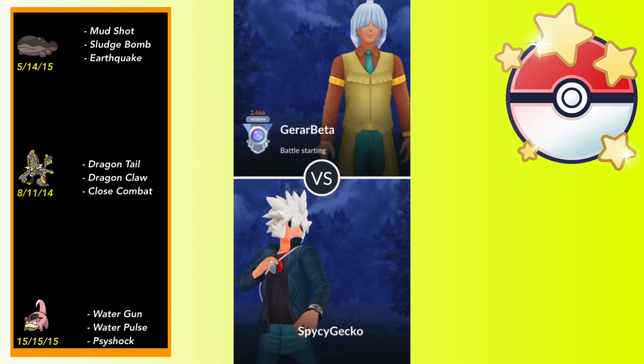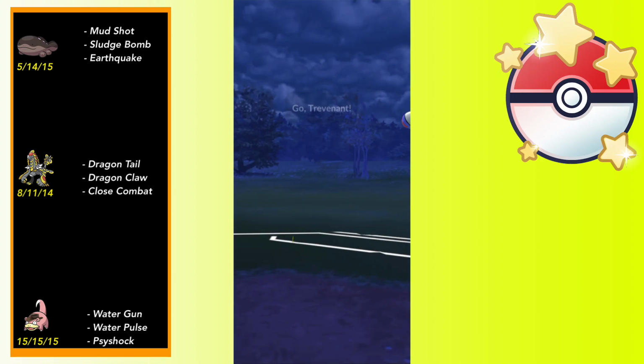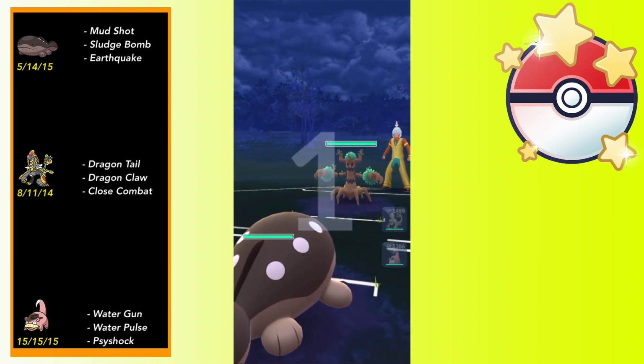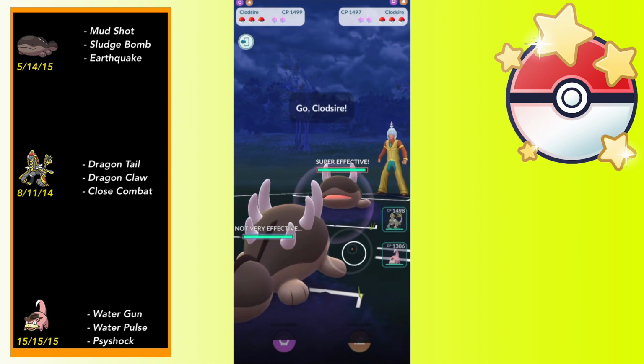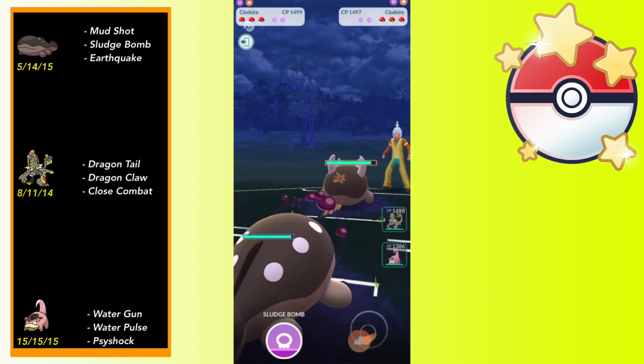And I will say that Cowboy Hat Slowpoke is actually pretty fun. I caught a hundo earlier this season during, I forget what event it was, but it was one where they were spawning, of course, and that's how I got it. But anyway,